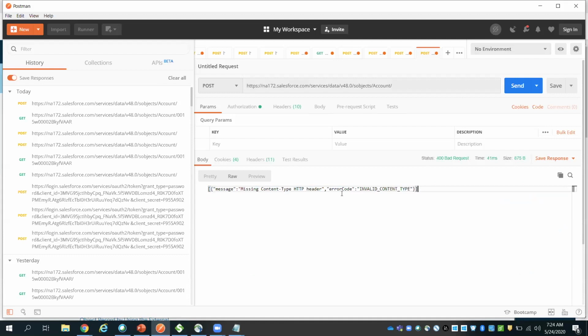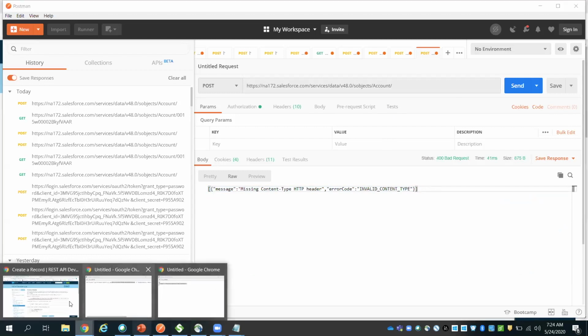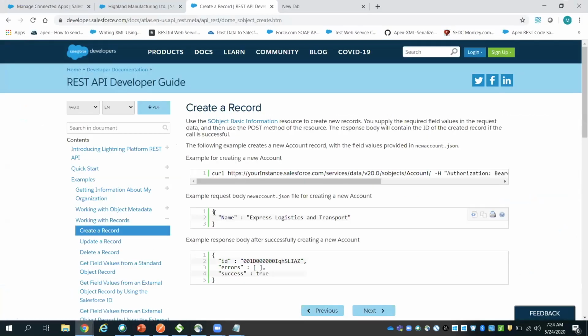Somehow I'm not able to enter anything. I will revisit this thing. So basically, let me tell what it is. You wanted to call this endpoint URL, and if you put this JSON format, you can create the record in the account object. You can create a record.